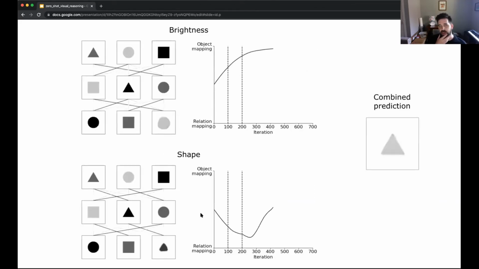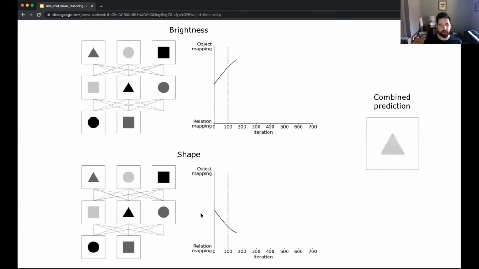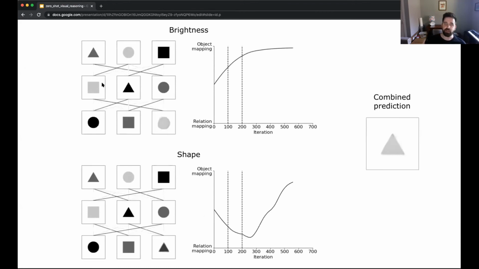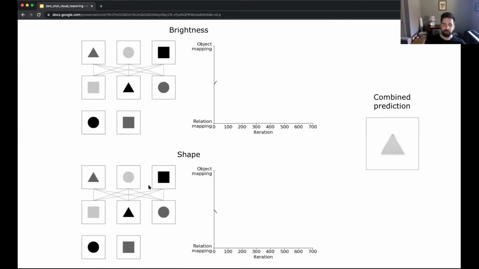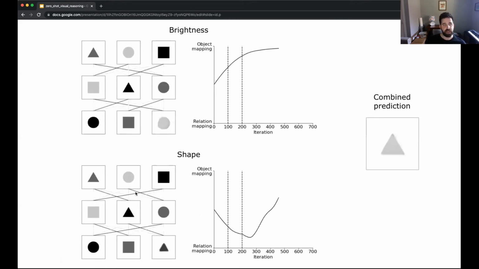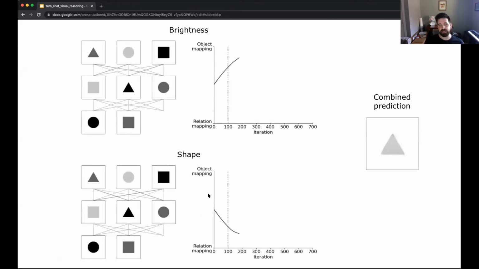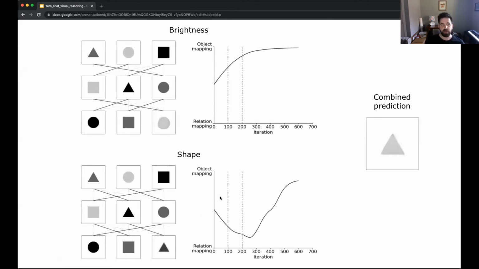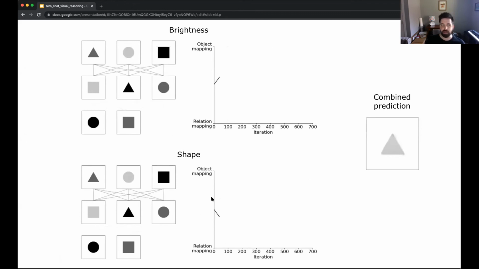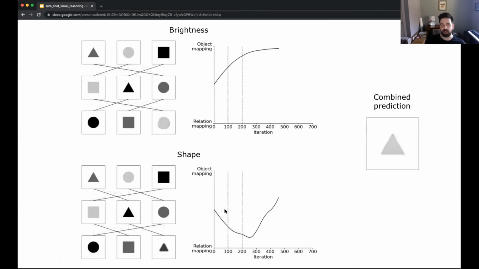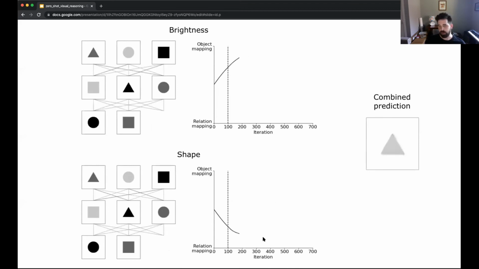And so this works quite well. You can see here when focusing on brightness, the model maps objects based on brightness. When focusing on shape, the model maps objects based on their shape. And in the case of shape, you can see another one of these cases where the introduction of the inference components, again, changes the course of the solution that the model converges to, such that it eventually converges to an